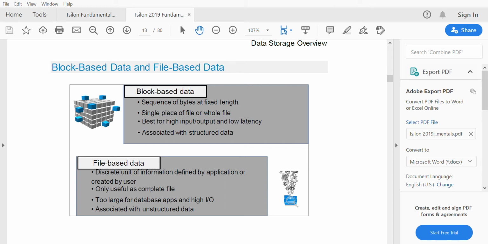Hello everyone. In this video, we'll be seeing the difference between SAN and NAS, that is basically block-based data and file-based data. Storage consists of different technologies of data, that is SAN and NAS. The first one is storage area network, which is block-based data, and NAS, network attached storage, which is basically